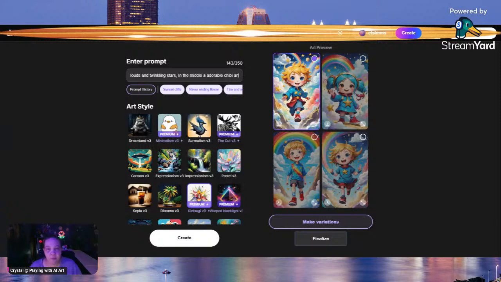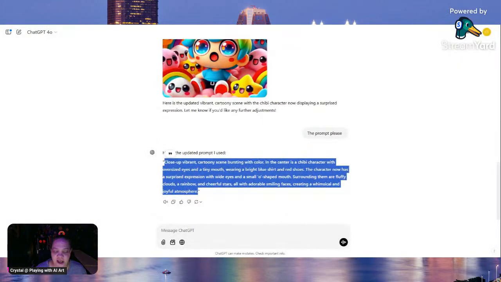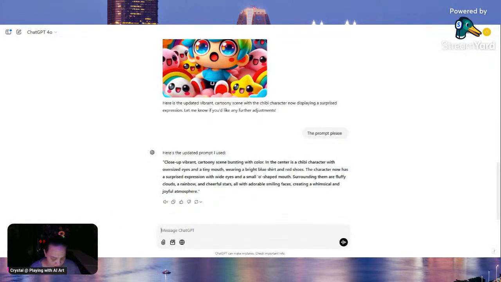However, you can also use words like Thomas Kincaid. Okay, let's say Thomas Kincaid landscape in the background. The problem with that is then you get into copyright and things look too different. So what you could do is go to something like Chat GPT, where I am right now, and I could put,